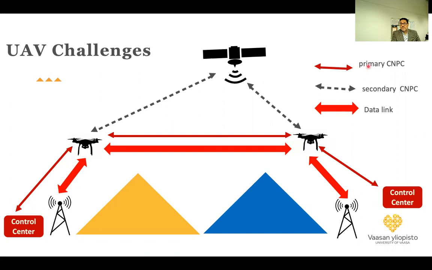This is the control signal with which we can control the flight of the drones, and then we have this data link connection with the drones, and also we can have a secondary control link with the drones in case this one is disconnected. So we will be able to control the drones over a LEO satellite or CubeSat, as we will describe next.